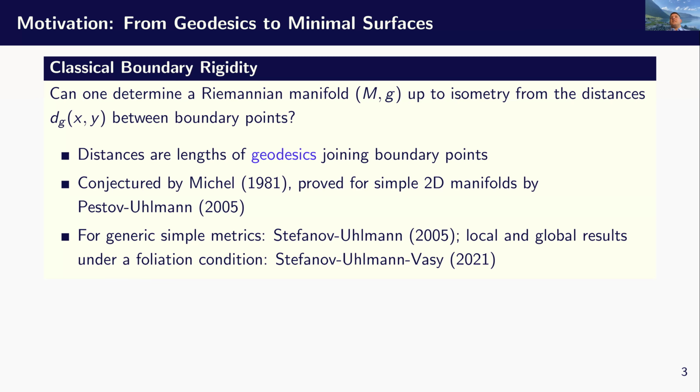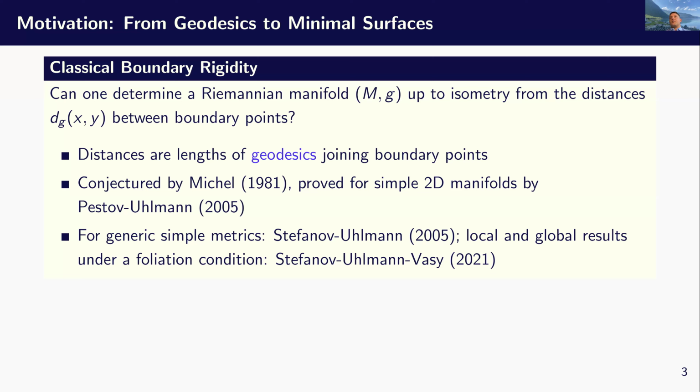Here the distances are lengths of geodesics, so the minimizers of distances are geodesics, and you know the distance between boundary points. This was conjectured by Michel in 1981,